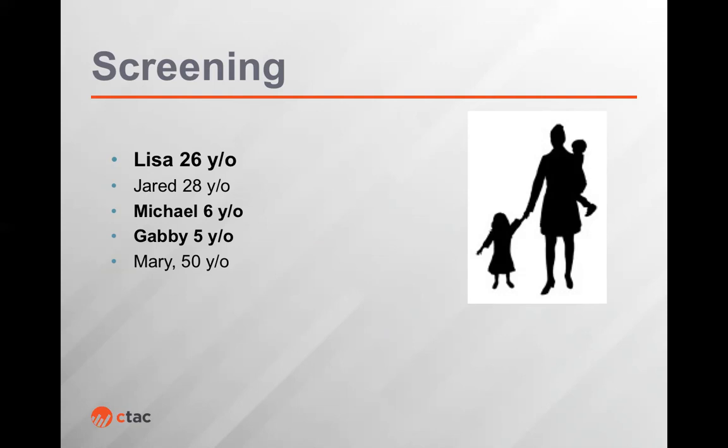Pediatrician says, "Hey, I can see Gabby, who's due for her vaccines. Michael's going to have to come back for the appointment. I can't see him today." Front desk person lets Lisa know. Lisa becomes really upset. Lisa's like, "Why do I have to wait? I'm sure there's some doctors back there. I don't even need to see the regular doctor. This is ridiculous. I'm here. I need to speak to a supervisor."